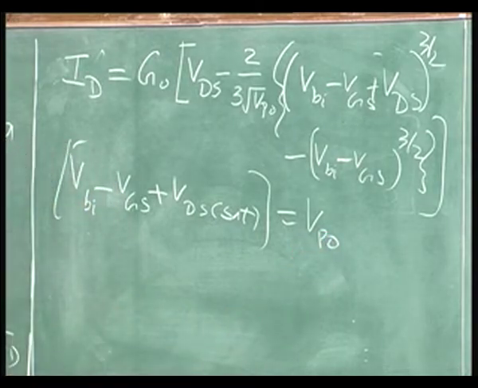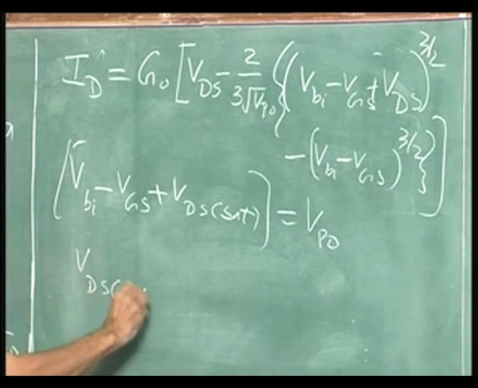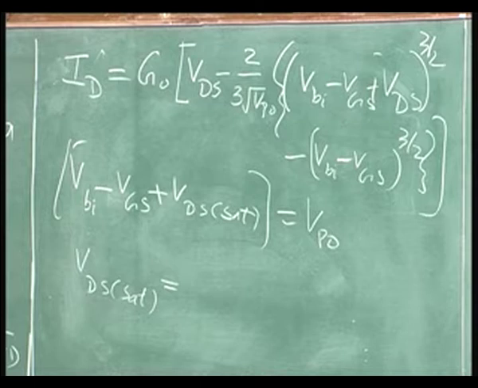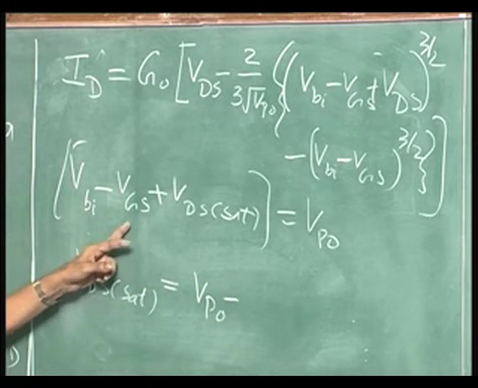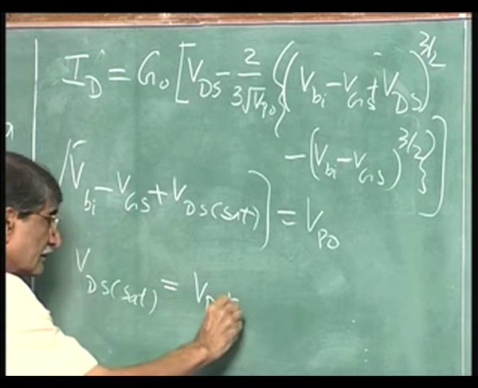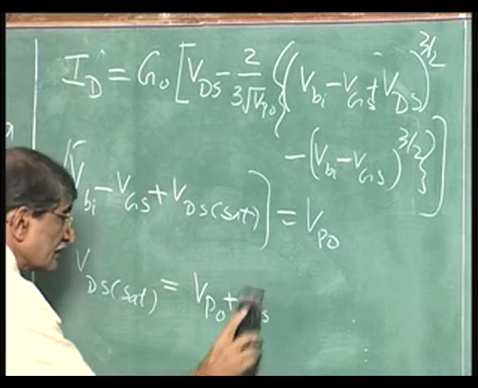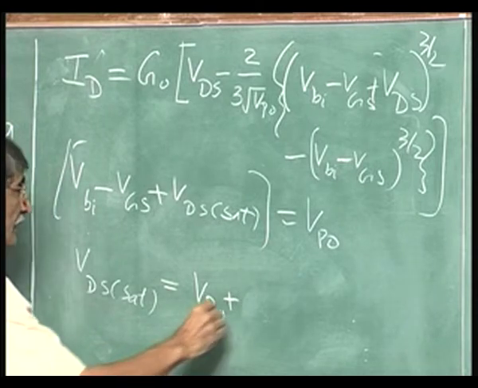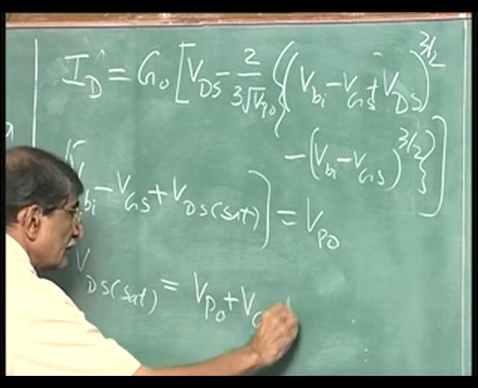Also, all that we have to find out is substitute for V d sat equals V p 0 plus V g s minus V b i,